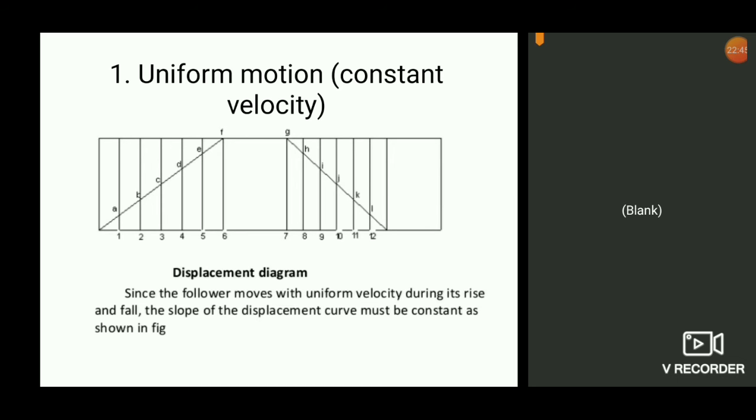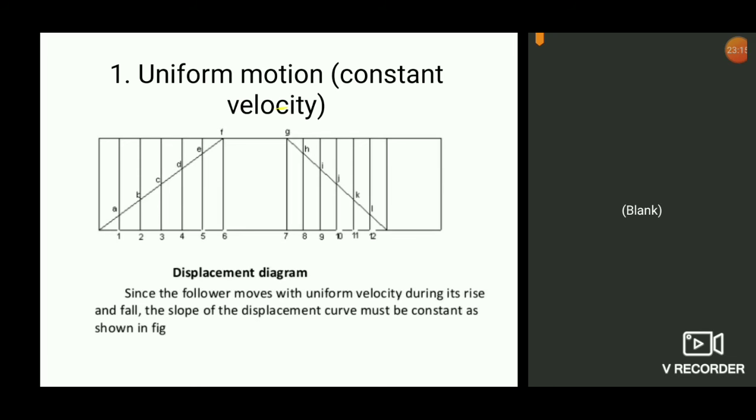Take this first part as the outward stroke: the follower moves up from the starting position and reaches the top. So for the first 90 degrees of rotation of the cam, the follower comes up and reaches the maximum stroke. Then when the cam rotates for another 90 degrees,